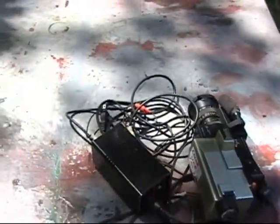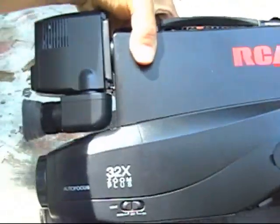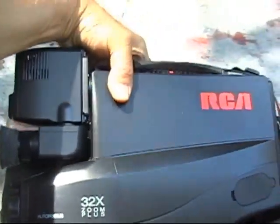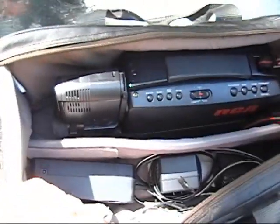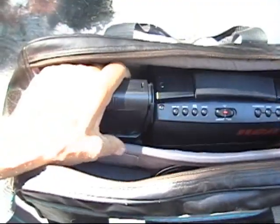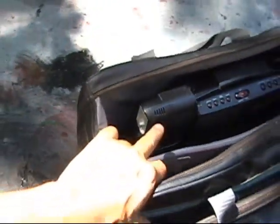All those things are long gone. Well, most of you remember these anyways, the full-size VHS camcorders. So I don't need to really elaborate too much on it. This is another one I picked up at a yard sale for a couple bucks, and they're not worth fixing. And this particular one here